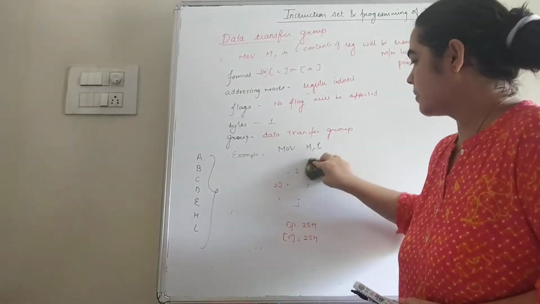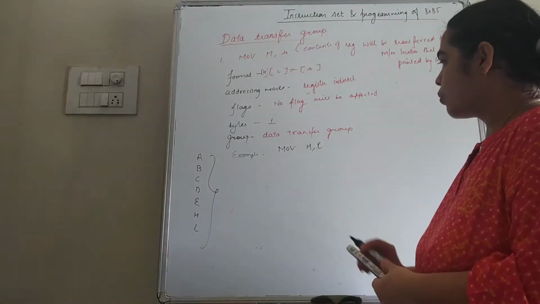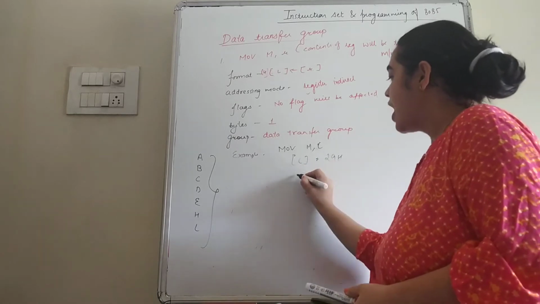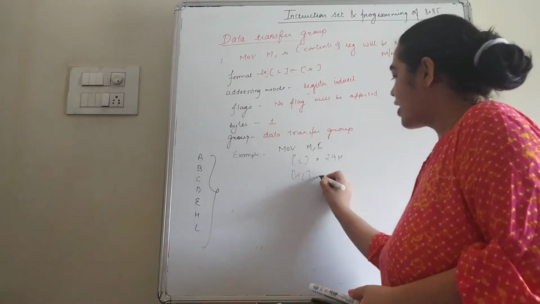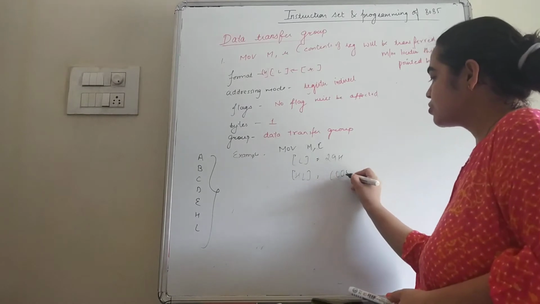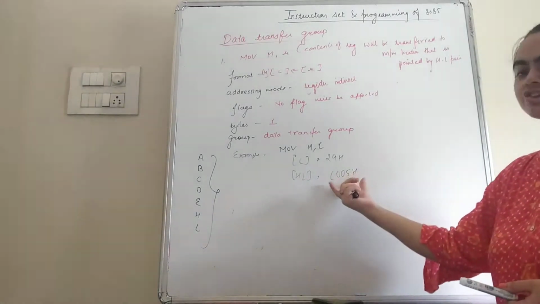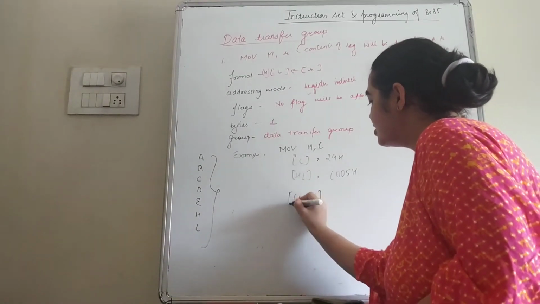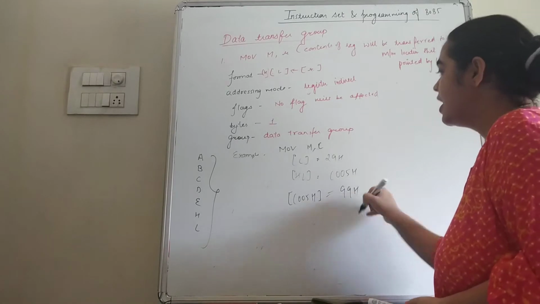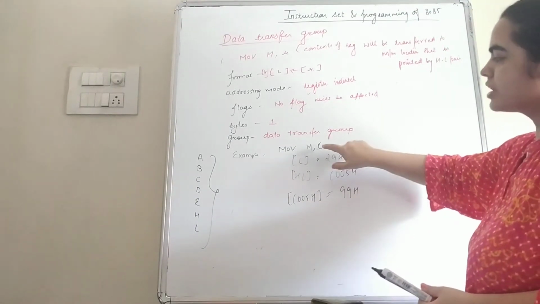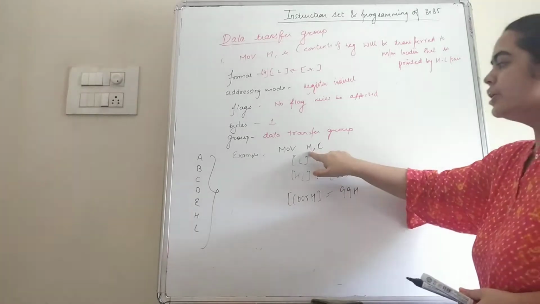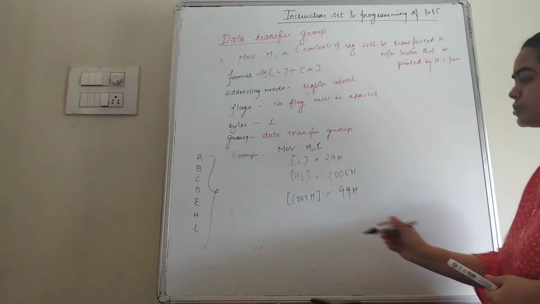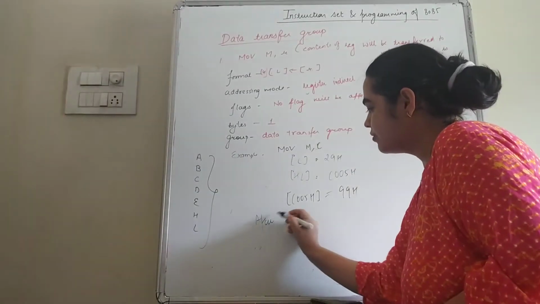So we can see it with the help of an example. Suppose in the C register we have contents 29H, and the HL pair points to the memory location C005H. At this memory location we have contents 99H. This instruction means we move the contents of C into the memory location, that is here C005. Okay students, after execution what will be the result?